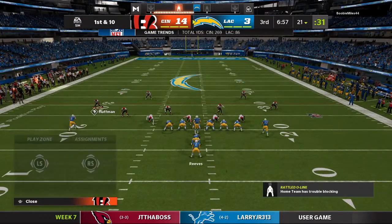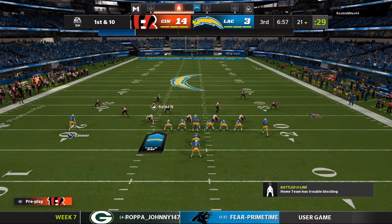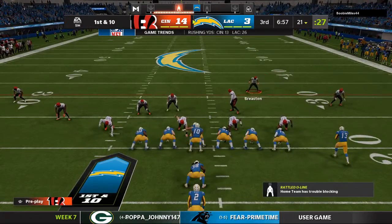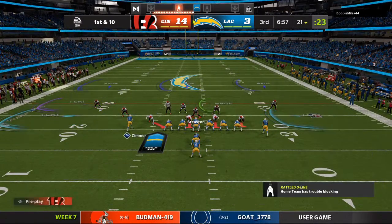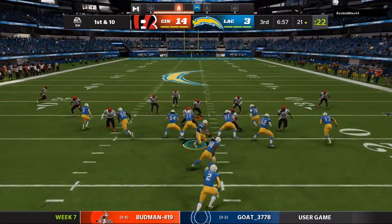The Charger drive about to get going, and they trail here to begin the second half. What's going to be a key for them to get back in the game? I think they're right there, and I think this game is still up for the taking for them because we